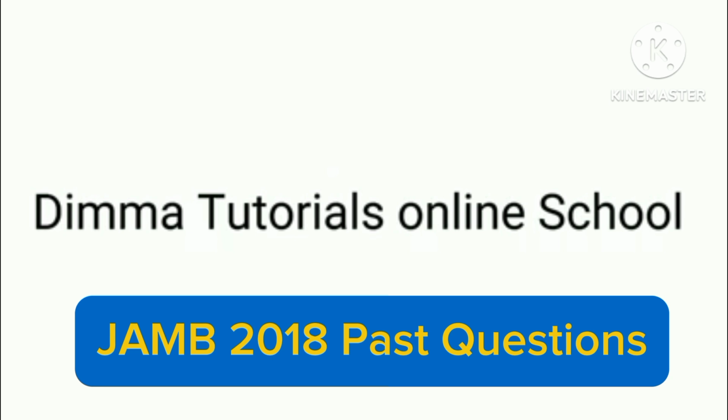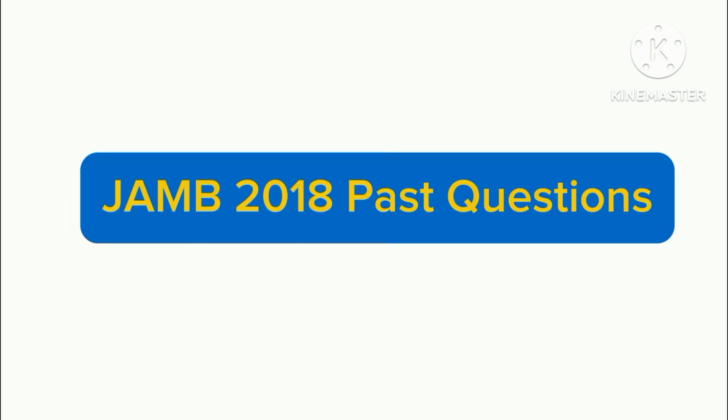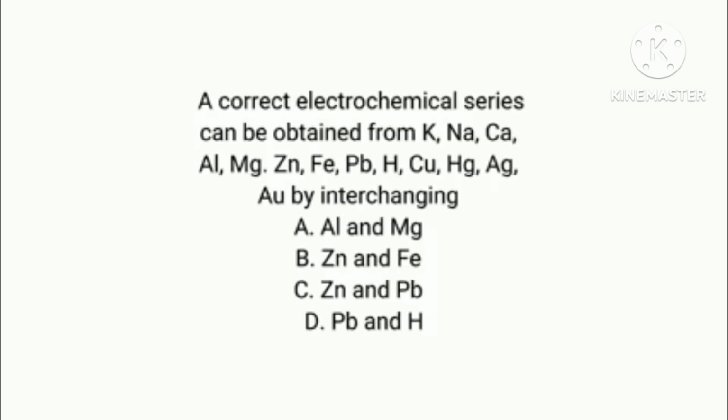Like I said earlier, we'll be looking at JAMB 2018 chemistry past questions. Now let's dive in. Question 4. A correct electrochemical series can be obtained from K, Na - potassium, sodium, calcium, aluminium, magnesium, zinc, iron, lead, hydrogen, copper, mercury, silver, and gold by interchanging: A, aluminium and magnesium; B, zinc and iron; C, zinc and lead; D,